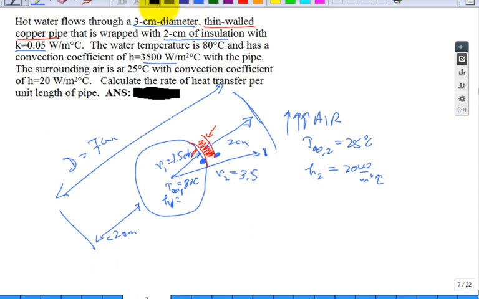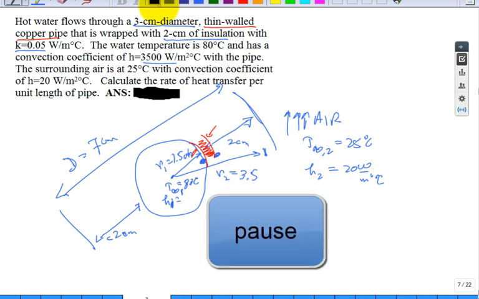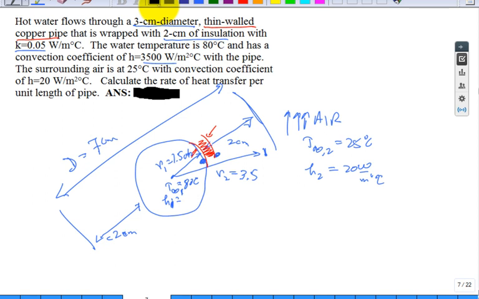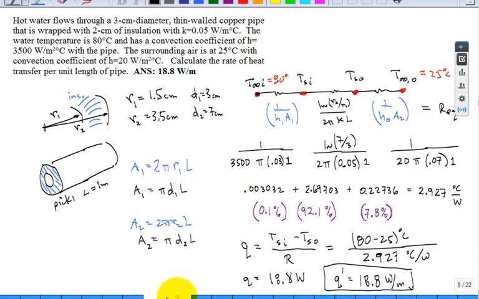So I'm going to pause and let you work on this for a minute. How are you going to set that up? How are you going to solve it? And I'm going to take this opportunity to... Well, let's take a look. Did you get a